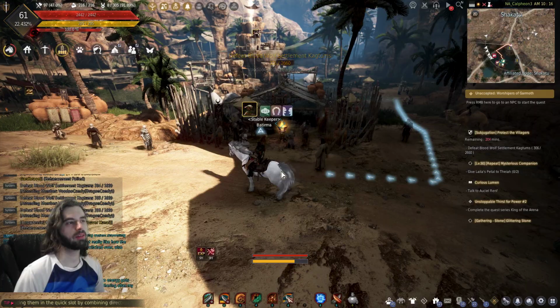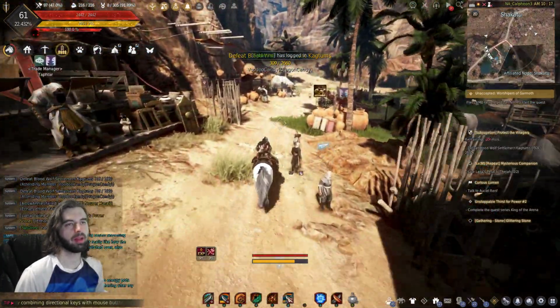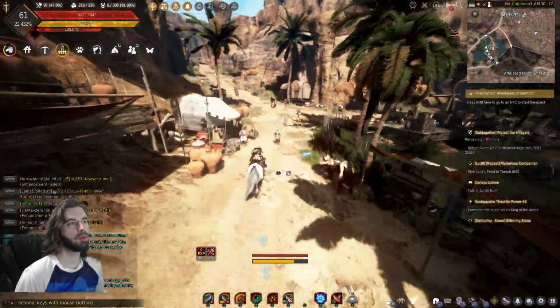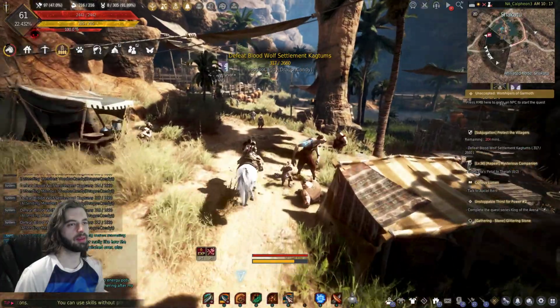So Shikatu has 2 quests we can do. One is at the Stable Keeper Bartrima. Bartrima has 1 little quest line. And then if we loop around the little oasis in the middle, you will see that the vendor over here,